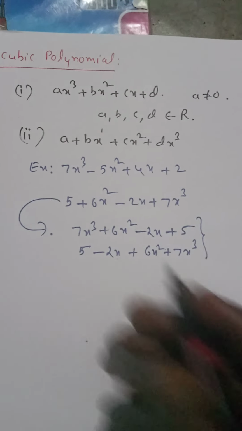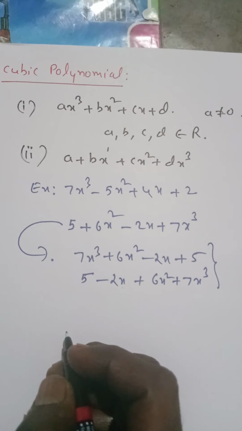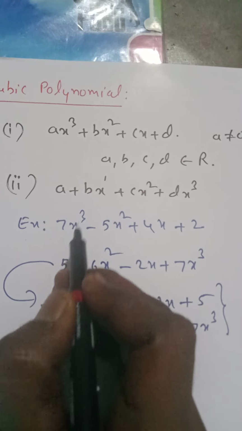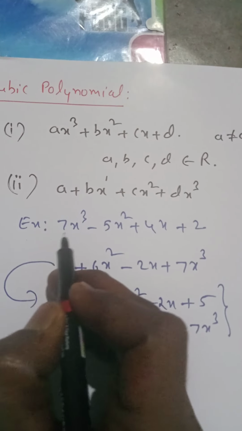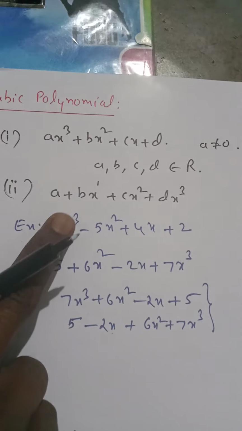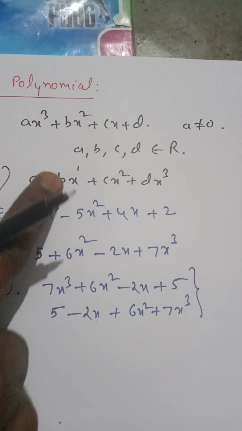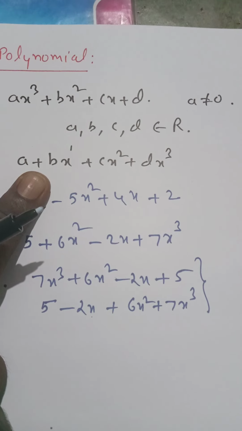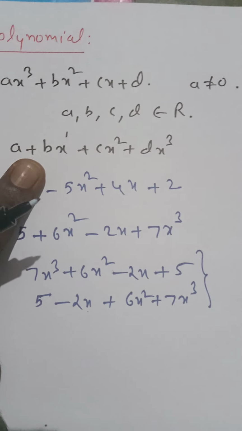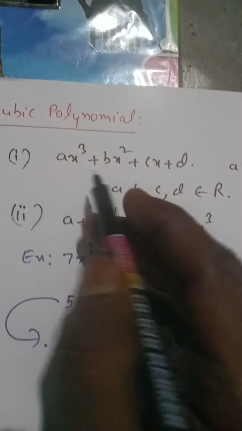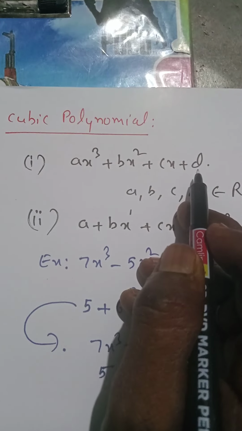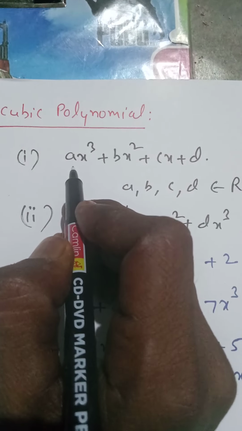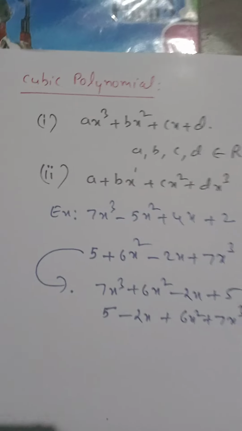And you can focus on all these terms. Suppose I take the coefficient of x cube as 0 instead of 7 here. If the 0 is there, that means this term becomes 0, then the whole polynomial becomes another expression, minus 5x square plus 4x plus 2, which is a quadratic polynomial. When does this cubic polynomial become a quadratic polynomial? It's very clear to us: if the coefficient of x cube is 0. You need to remember it.